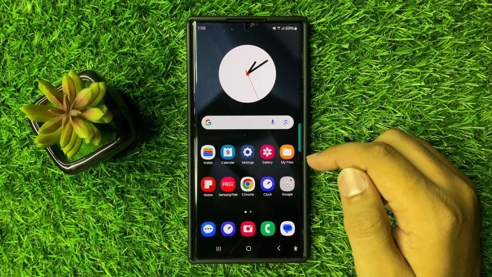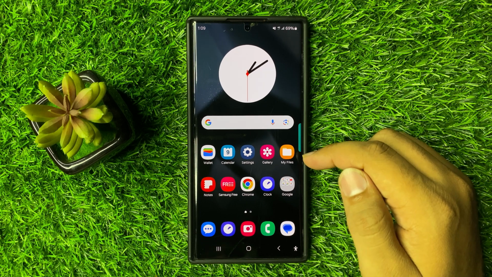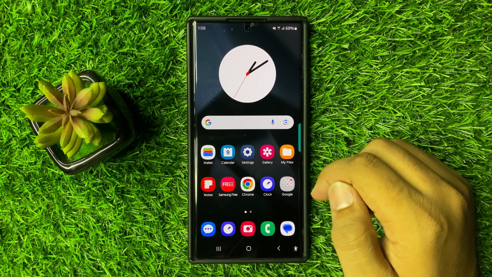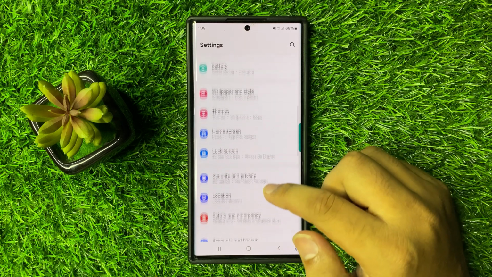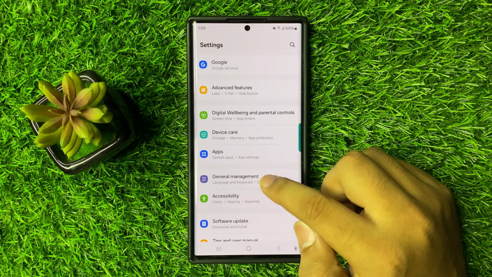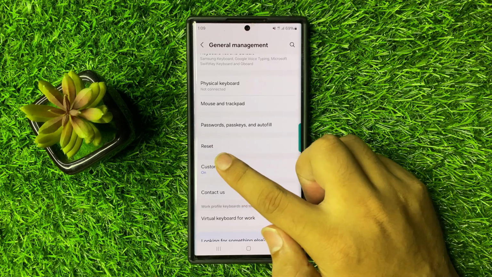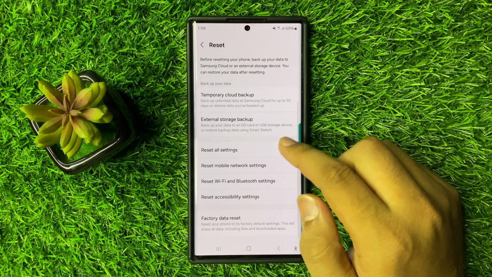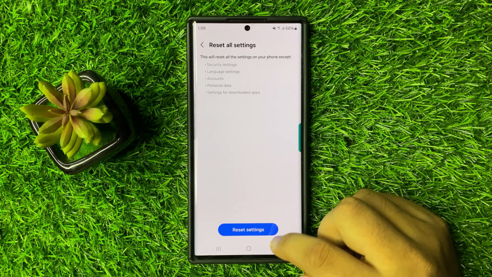But after all these solutions, if you are still facing the lagging and freezing issue, then the last solution is reset all settings in your phone. So for that, open settings, scroll down and click on general management and then scroll down and click on reset. Now here scroll down and click on reset all settings and then click on reset settings option again